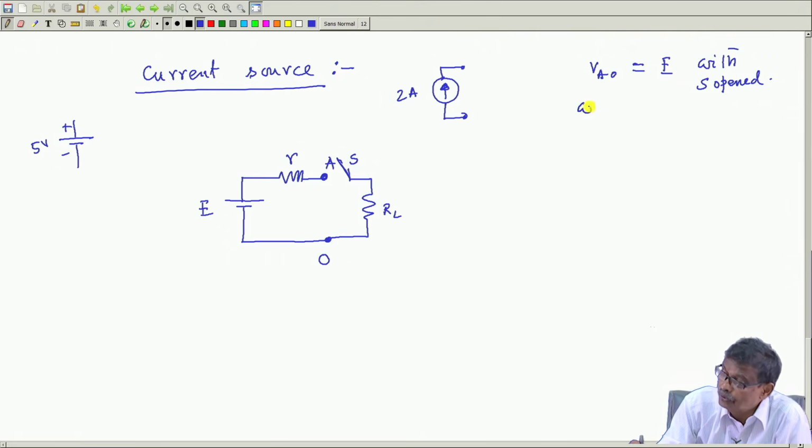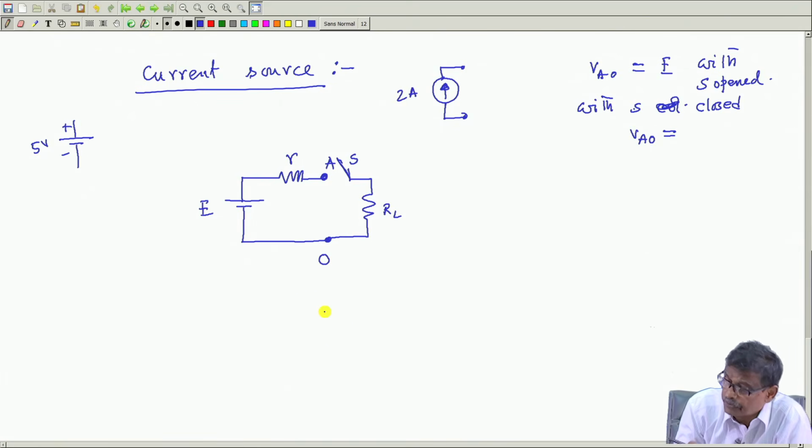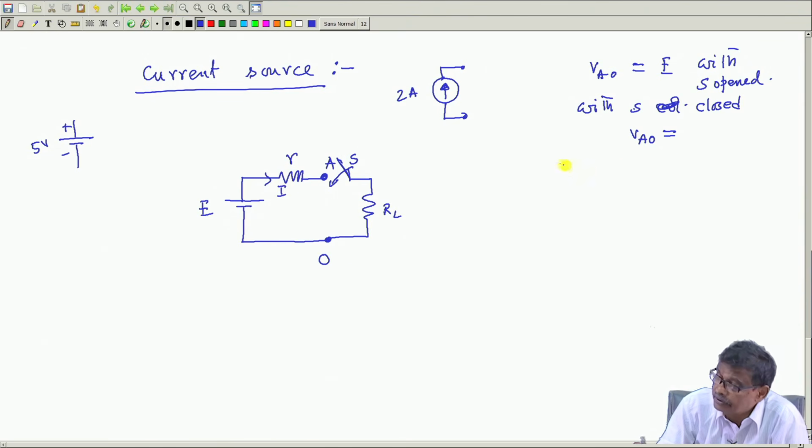But with S closed, sorry, this is what I discussed just some time before. VAO will be, with this switch closed here, there will be some current now, I. The value of the current can be easily calculated if you know small r and RL, which is equal to E by r plus RL,